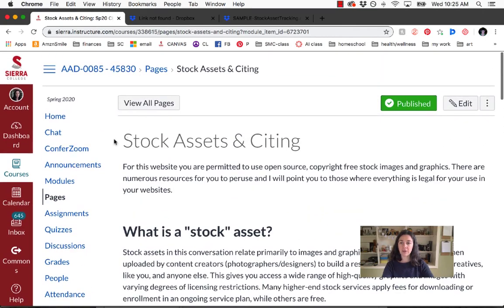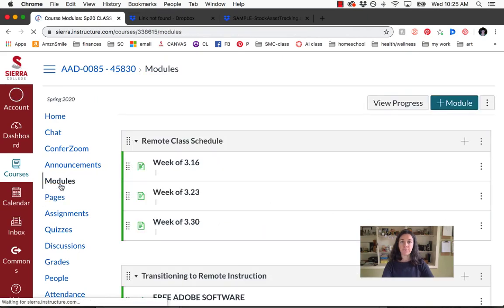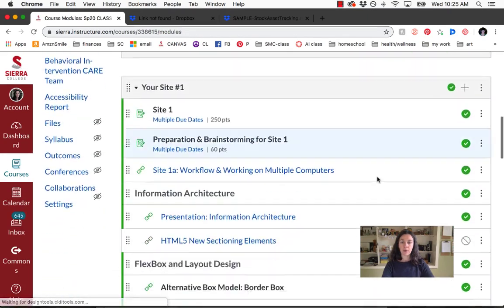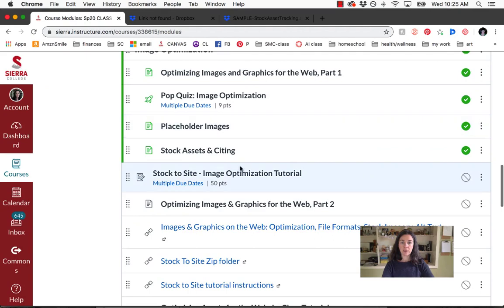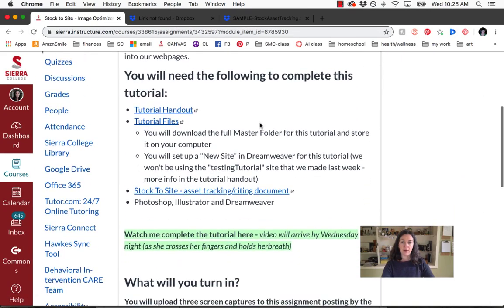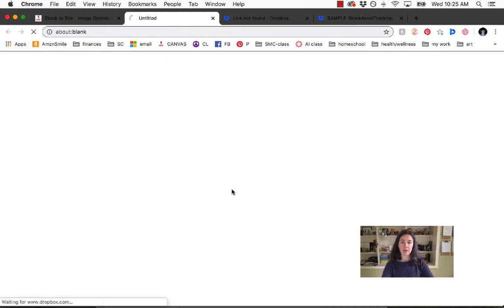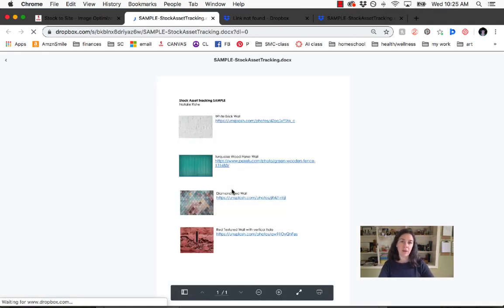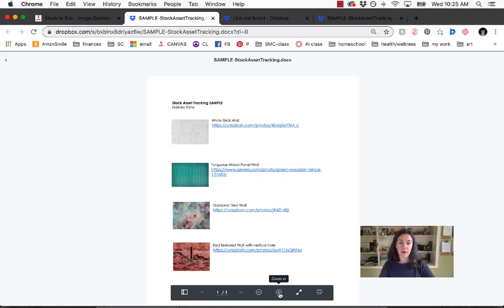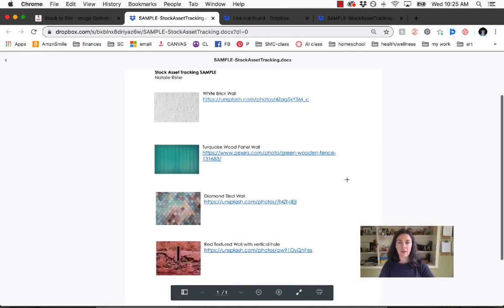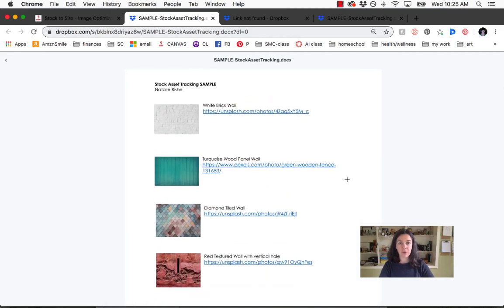Okay, I'm going to go back into the tutorial now. And here we go. Okay, so tutorial handout we covered, tutorial files we're going to get. The stock to site asset tracking and citing document is an example document that I put together to give you some idea about how you might keep track of assets that you are downloading from stock resources or buying from